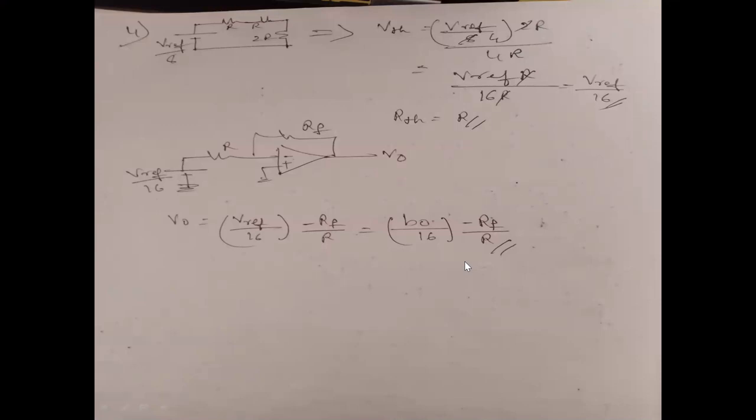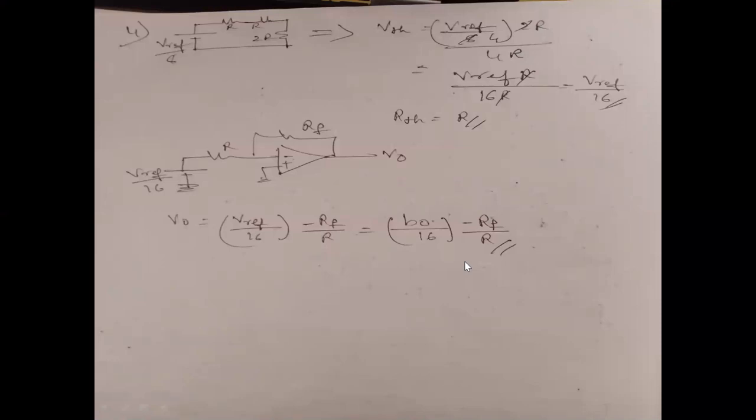This is for 4 different values of your binary input. Okay, at different times, different inputs are going to be high. In that case, what is the output voltage you obtain from your op-amp with the help of the R2R ladder network? That is what we have seen till now.